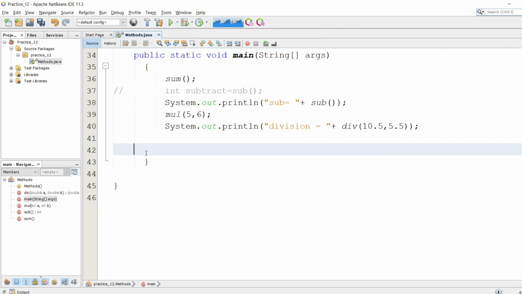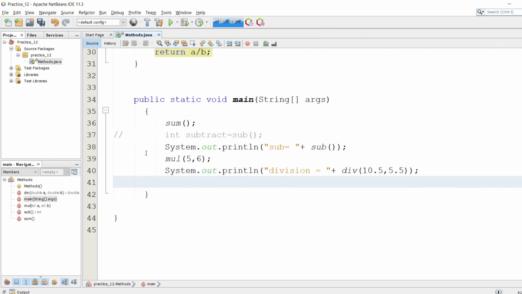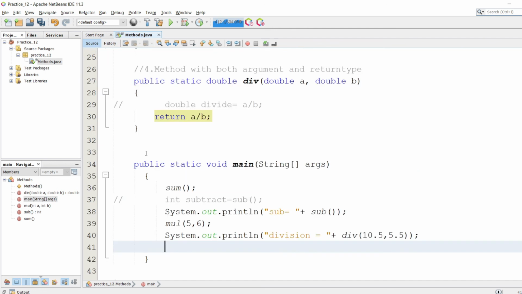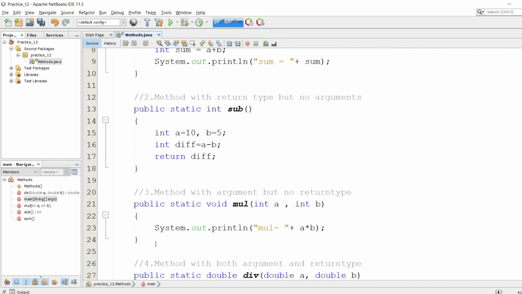So we can pass any type of parameter like string, int, float, char, or any primitive or non-primitive type. We can even pass arrays. So this is the basic concept behind methods in Java. Here are some of the variations I have shown. It's going to be very useful when you are at a core programming level. And I hope that you have understood methods in Java.